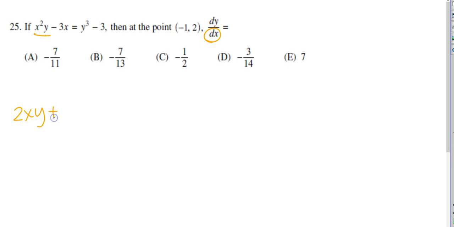And then plus, now switch it, hold the x, derive the y, but y is f of x, right? So the derivative of y, or f of x, is f prime, also known as dy/dx. All right, now we've got minus 3x, so the derivative there is just minus 3, because we are deriving with respect to x. And then we've got equals,